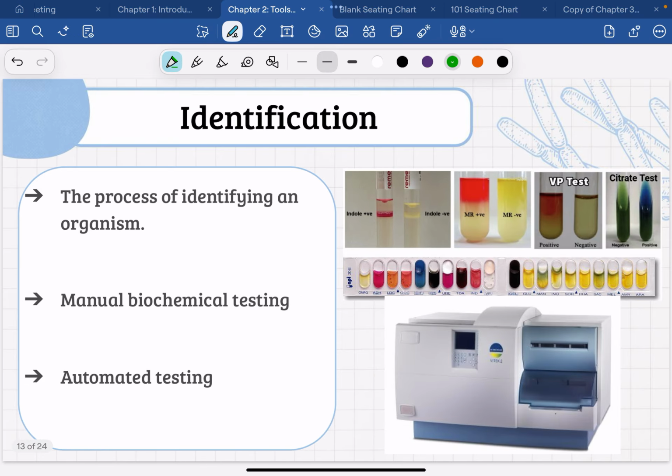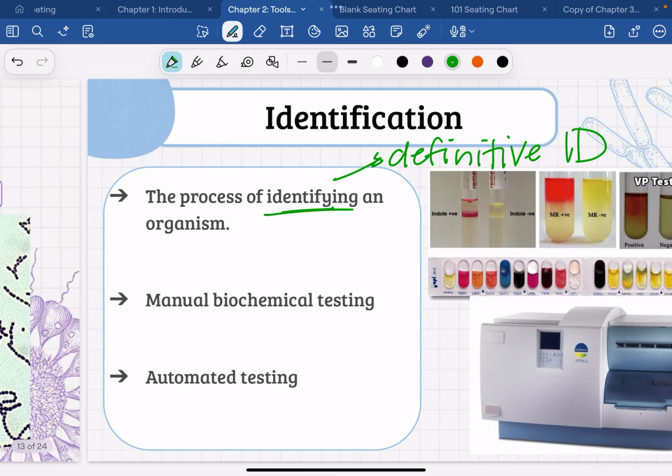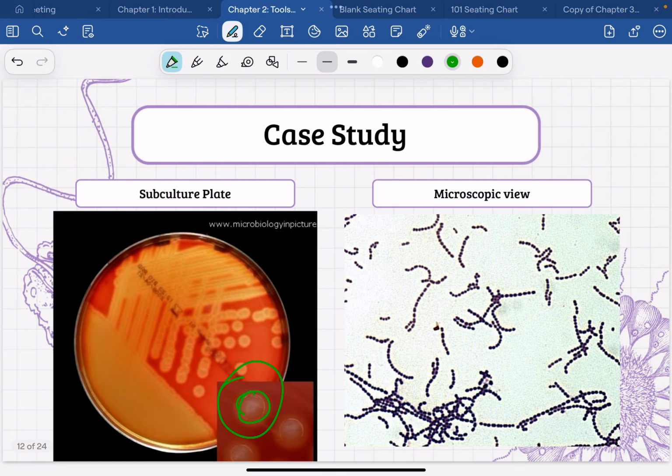And then our last step is something called identification. The definitive identification of an organism can be a really complicated process. At this point, with our case study, after we do visual inspection, I, as a microbiologist, will have a very good guess at what I think this